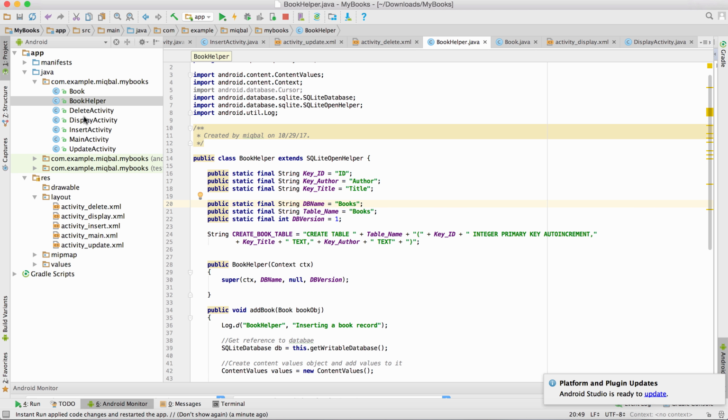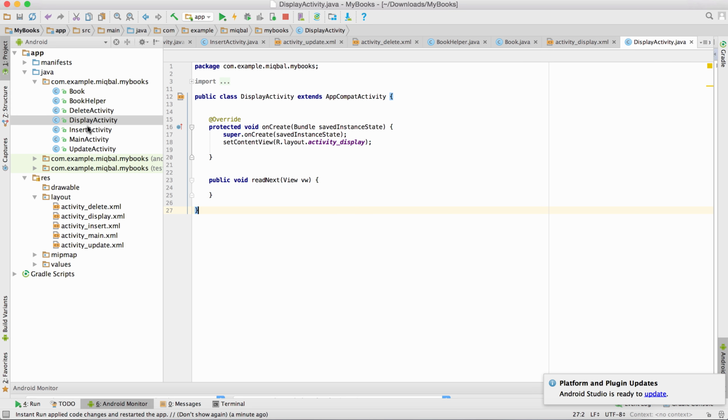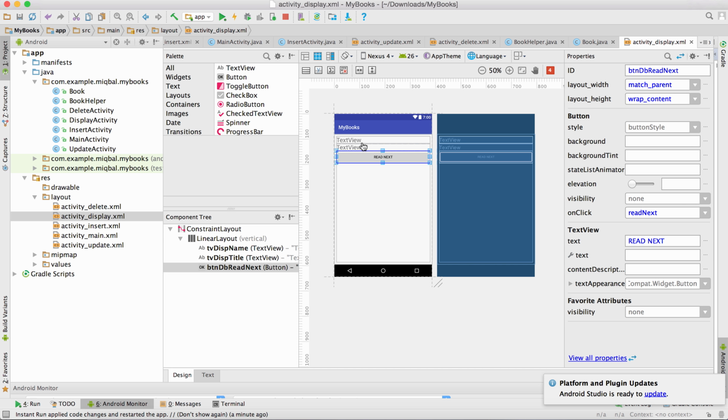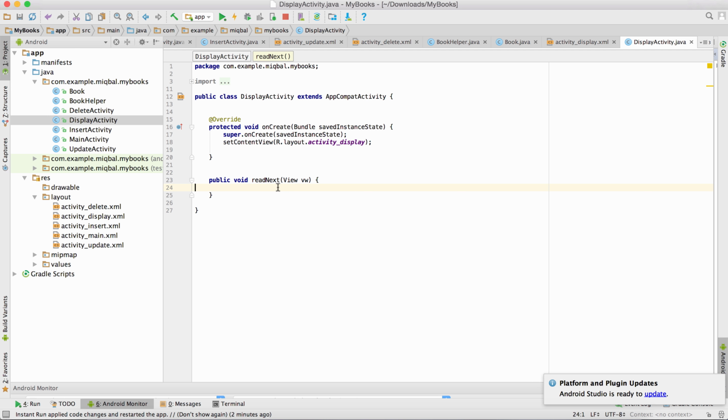Now we want to go back and do the display part. Well, when the user clicks on display activity, it comes on this display activity, and this is empty. When the user clicks on read next, it should read and display here the database values, first row, and then read next, it should read the second row, and then the third row, and the fourth row, and so on, etc. So let's just go ahead and do that. This is going to call read next, display activity read next. Now here what we should be doing,